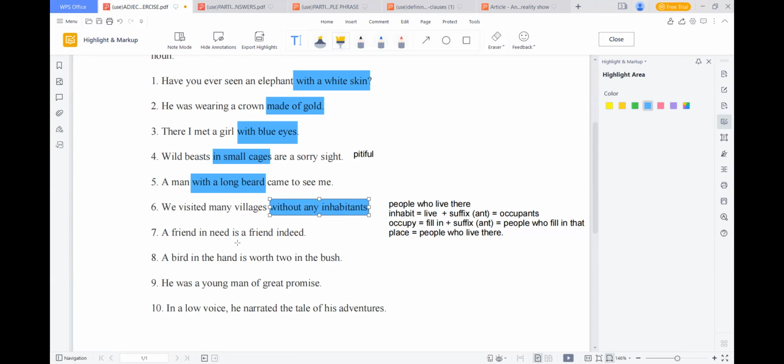Basically, it means that if you are in need, you face difficulty, a difficult time, and you are in need of help, and someone extends a hand to give you help,